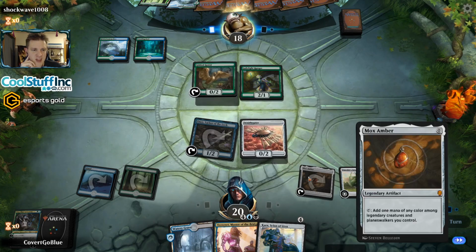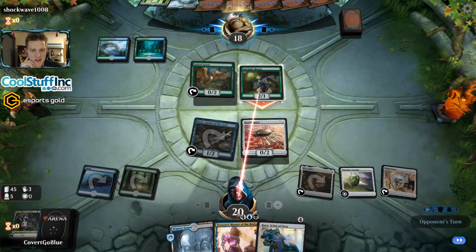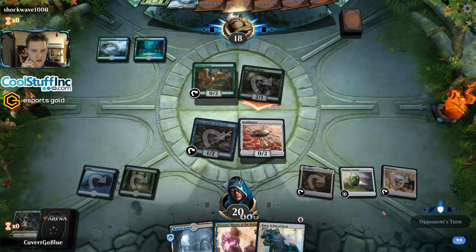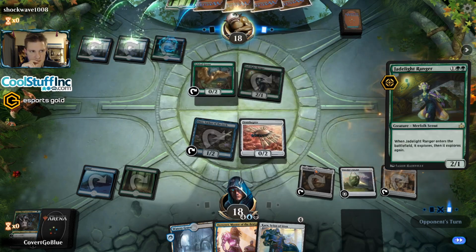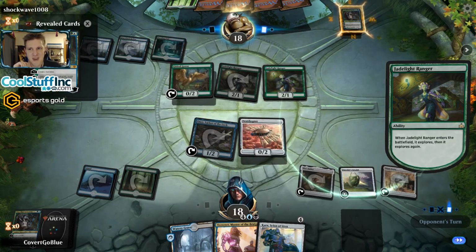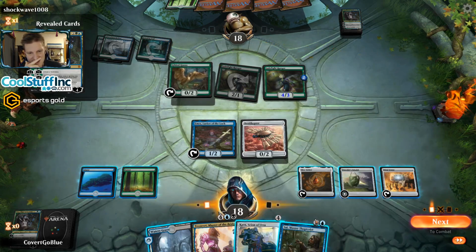If we draw a Mox Amber, we can ramp into Tezzeret. Otherwise, Karn is looking good. And Jadelights on Jadelights. Okay, good old Explorer decks. And there's your Thief of Crowns. Oh, the opponent's very excited about this. Let's